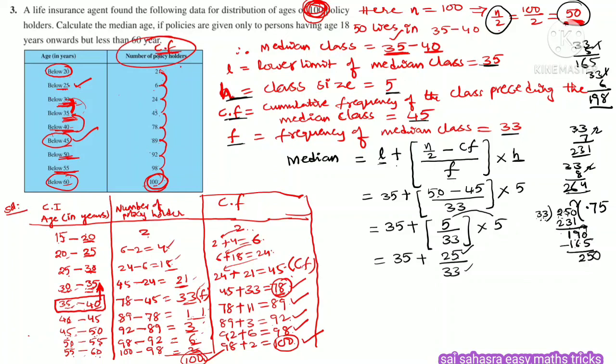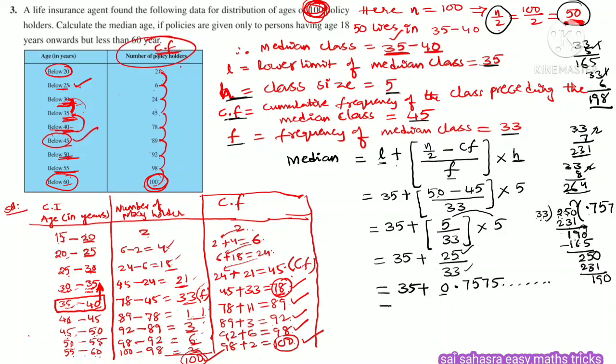So considering the point, 250 is 33 seven times, 231. Again 19 will come, then consider the point and 0, the same repetition will be there, 0.7575, like that it will come. So 35 plus 0.75. The meaning of 0.75 is that before the point nothing is there, so you can put 0. 0.7575, like that it will repeat.